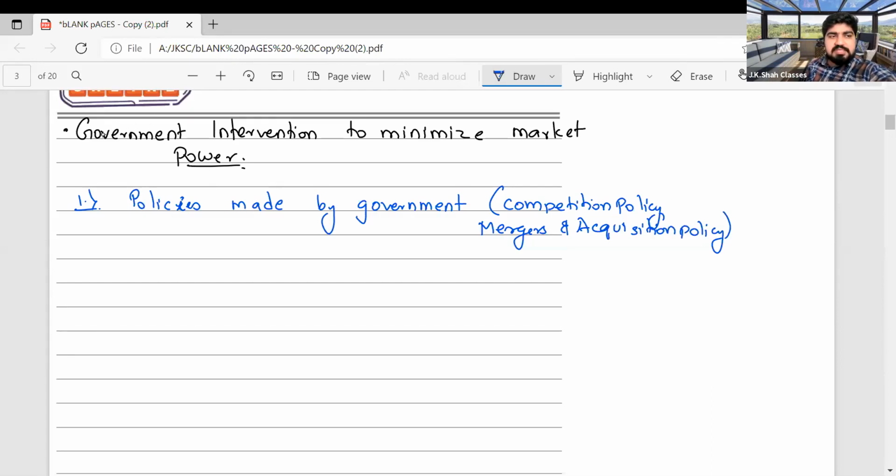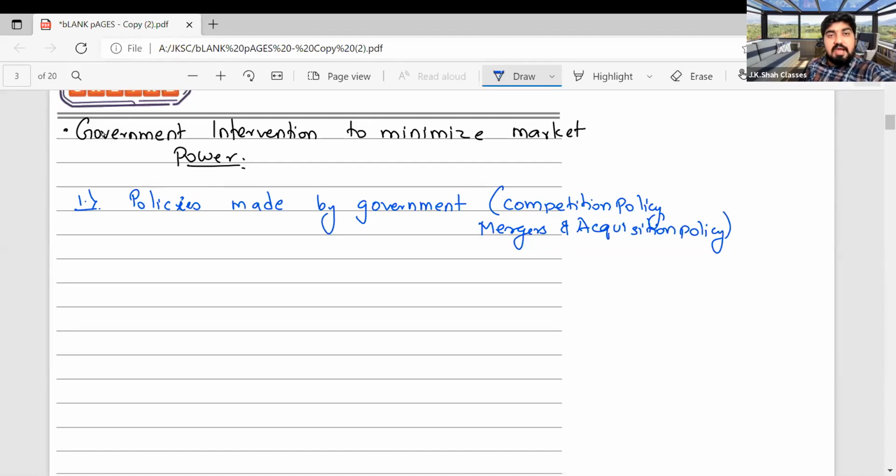The recent and the biggest example, if I want to give you, there is a company called as Aeon. You must have seen Aeon on the football jersey, because in India it is not present, right? And Aeon and Willis Towers Watson, these two companies were planning to merge. Now that merger was not allowed by US government. What is that policy? Mergers and acquisition policy. If you remember, I had shared this example with you,